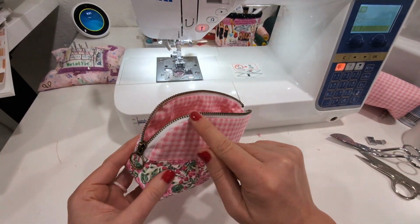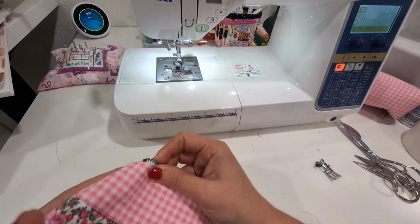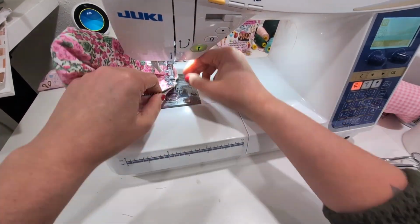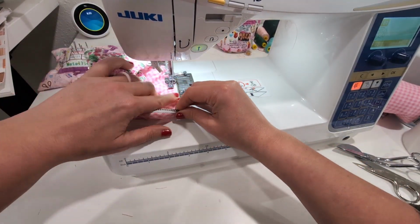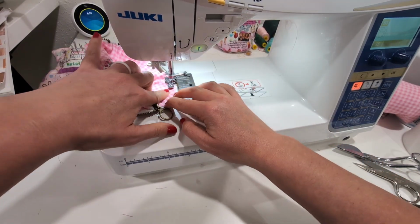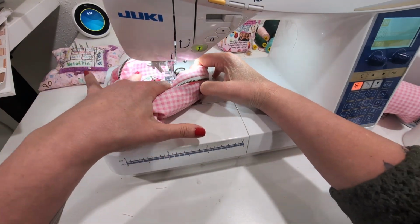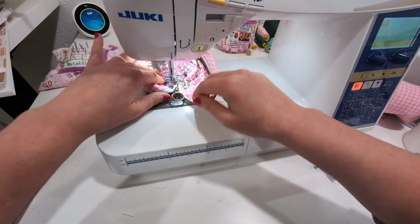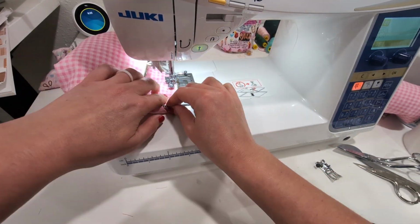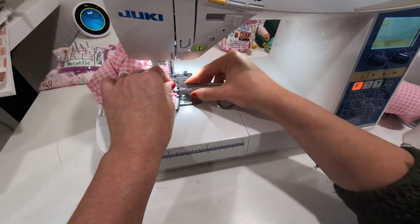I then went and pressed it nicely with my iron, making sure that I pressed the main and the lining away from the zipper teeth. I'm going to switch back to my zipper foot, and I'm going to top stitch all the way around the zipper and the opening of the bag so that this will help keep the lining or the main fabric from getting in the way of the zipper, and it also just holds that lining in place. I find it easiest to flip the wrong side out to top stitch this,